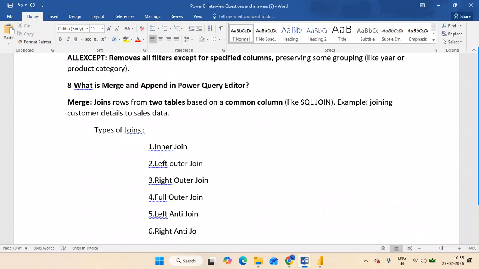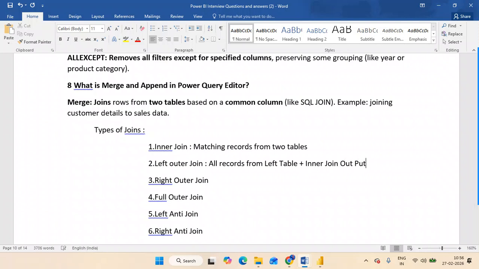As you already know, what is the meaning of inner join? Only matching records, it will give the output. Okay, what about the left join? All records from the left table. Left table means the first table, table 1, plus matching records. Matching records means matching records from the two tables. Otherwise I will write like this: all records from left, plus inner join output.